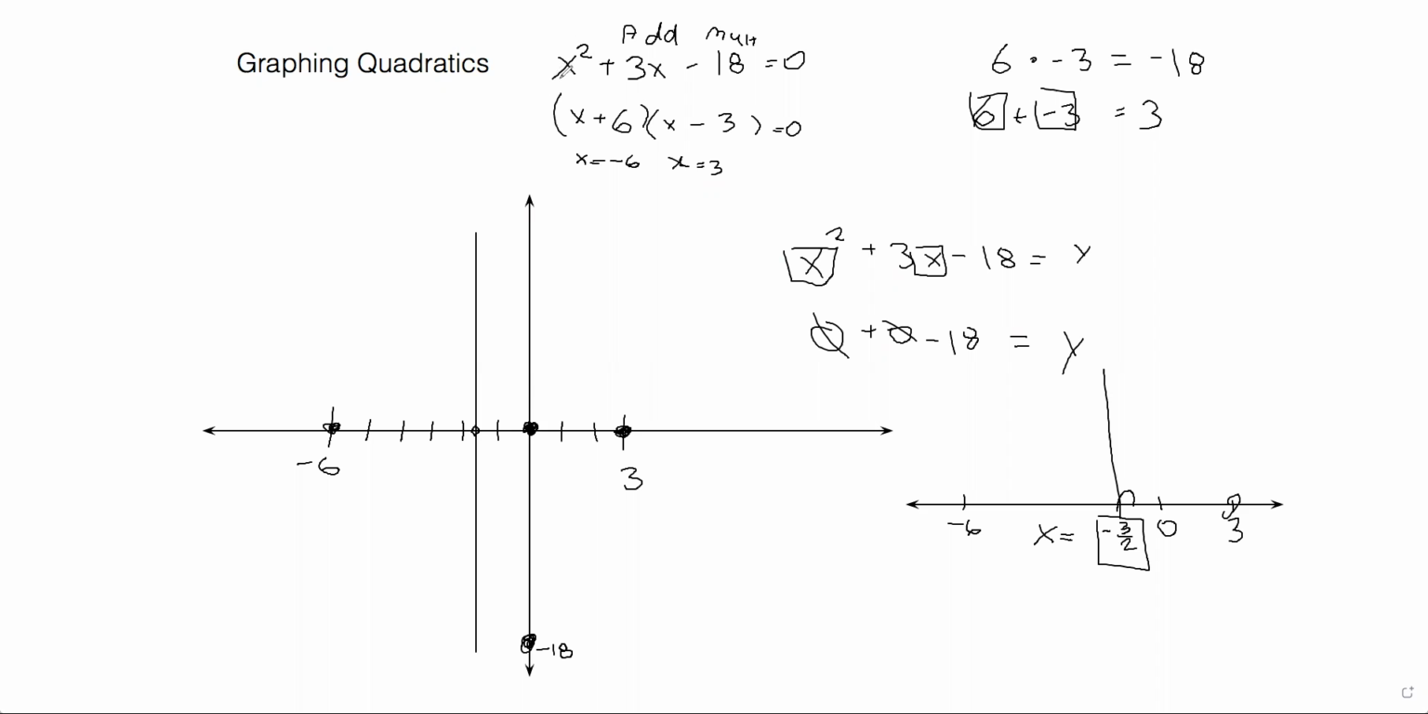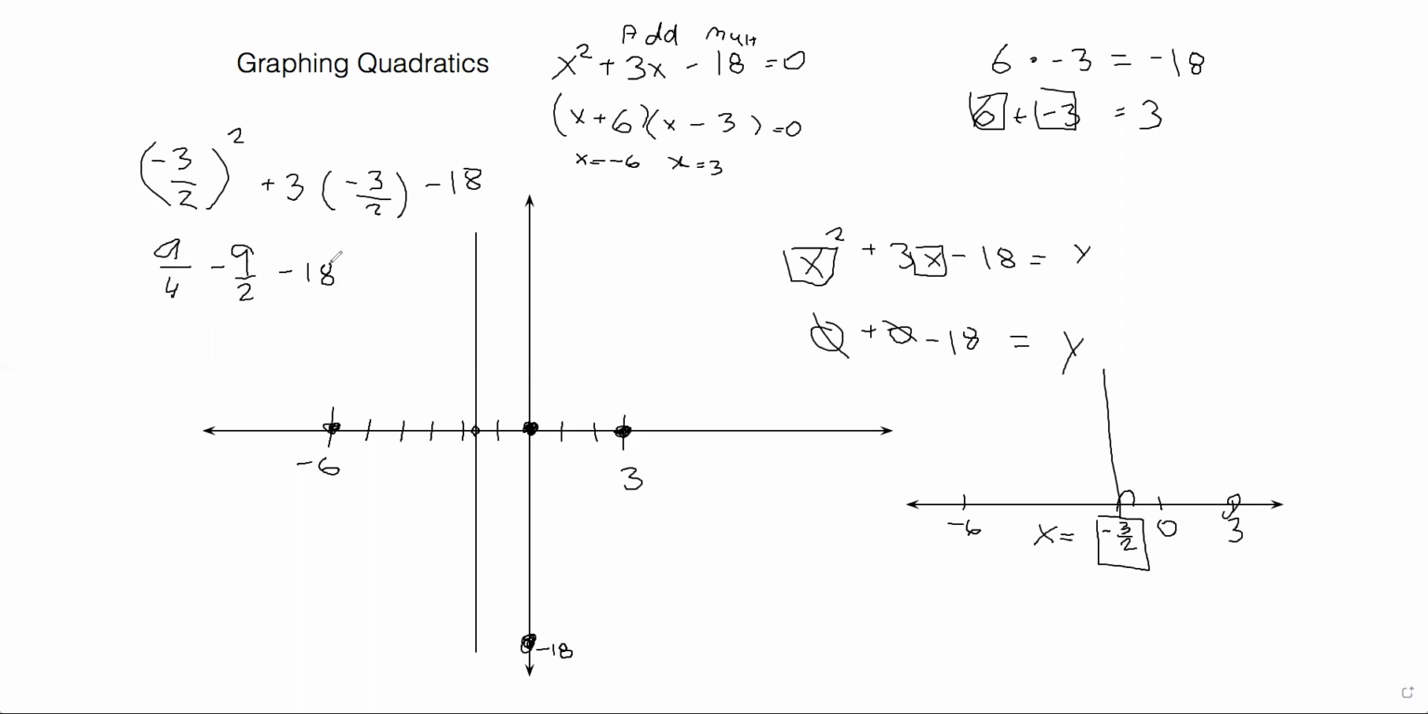Instead of x squared, we're going to have (-3/2) squared. And then we're going to have plus 3 times negative 3/2. And then the negative 18 is going to be unchanged. So let's see what this evaluates to. Negative 3/2 to the second power is positive 9/4. And then the second term would be negative 9 over positive 2,